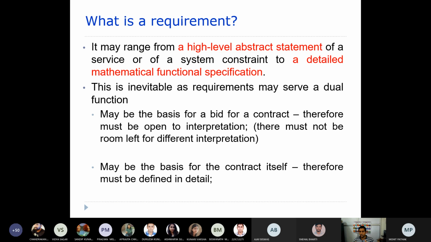This document will also be used for the contract obligations, right? So these are the requirements the company should provide us. So it is also the basis for the contract between the client and the development company.